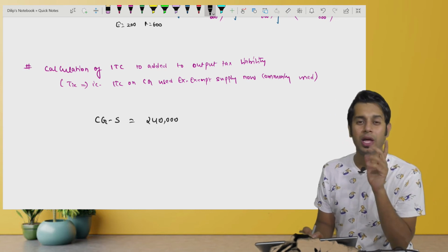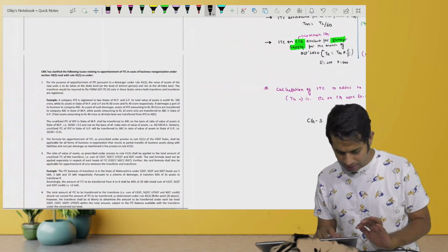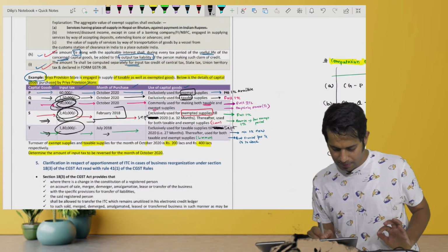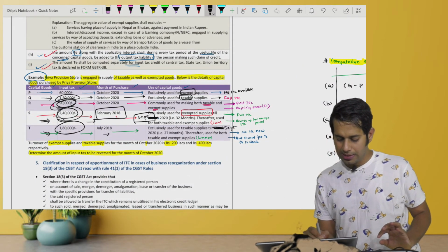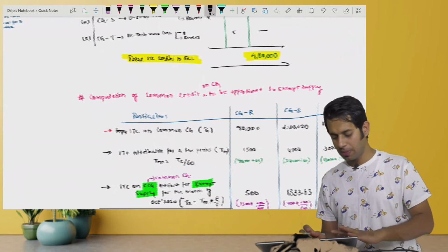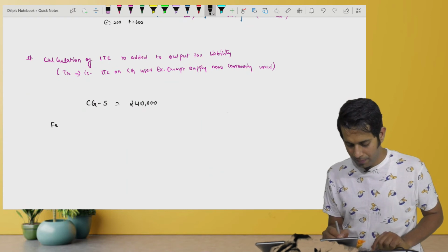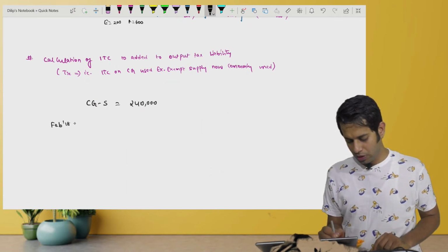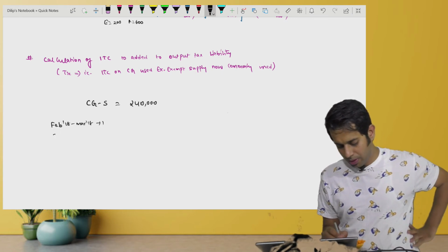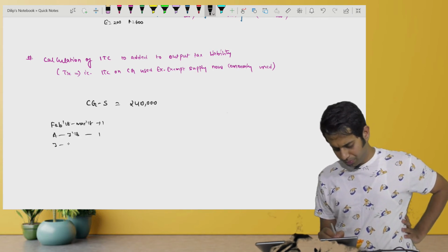2,40,000. Now what have they told? You should reduce it by 5% per quarter and part thereof. When was that asset purchased? Sir, that asset was purchased in the month of February 2018, and we count till the end of September 2020, because our month is October. So till that date you should calculate the number of quarters. Sir, February 18 it was purchased. So Feb to March 18, quarter number 1. April to June 18, one more. Then July to September,